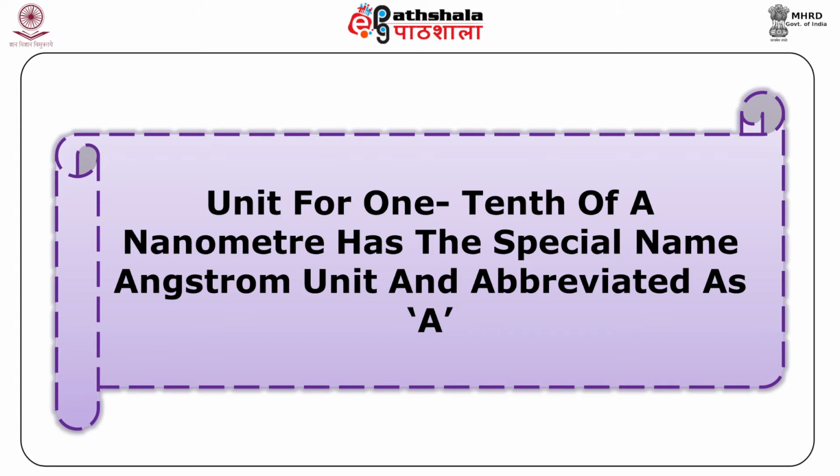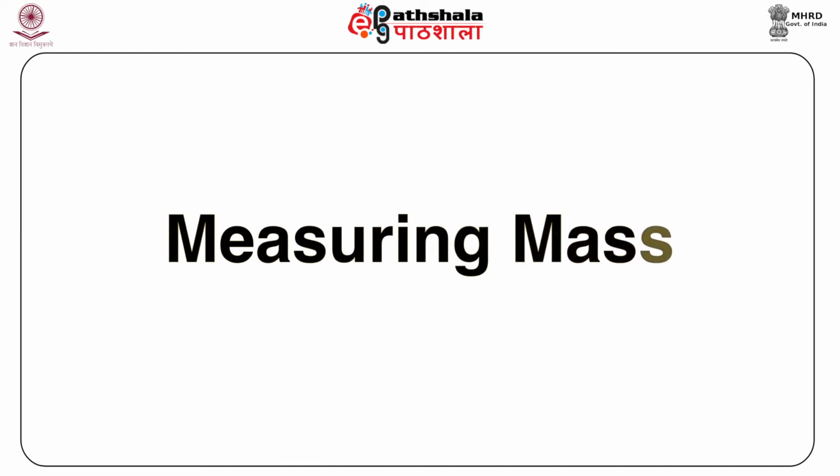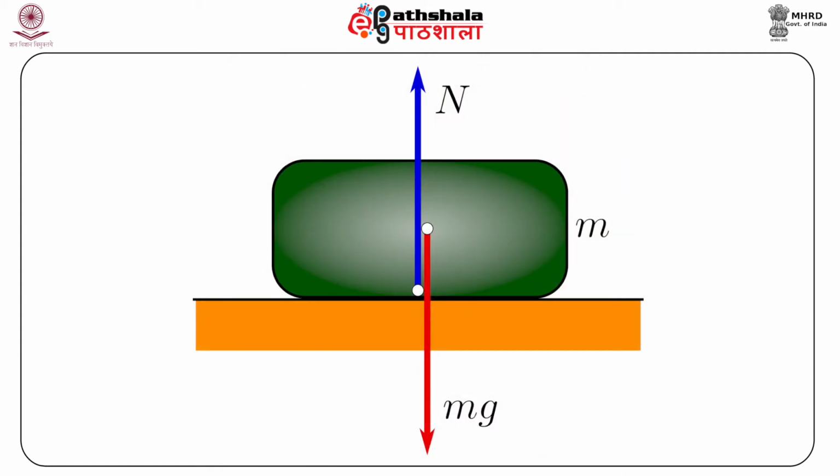After discussing the base unit measuring length in the previous module on measurement, other base units associated with measurement are discussed. Next is measuring mass. The difference between mass and weight creates a lot of misperception among people. To put it simply, the weight of an entity is a measure of the effect of gravity on that object.